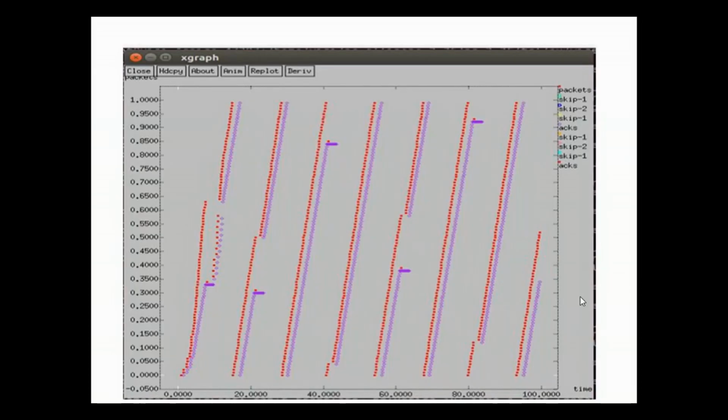This is how the graph of this particular program looks. This is how the output would be. Again, it is the same: on the x-axis it is time, on the y-axis it is packets. When compared to program 5 or 2G, here in 3G the gap is less. There are continuous packets as well as acknowledgements. Red ones are packets and blue ones are acknowledgements. You can see the continuity here. There are very few packet drops, whereas in 2G, do you remember the gap was more?